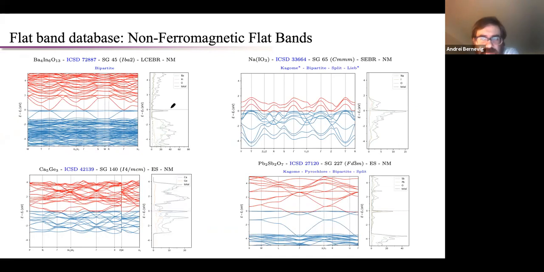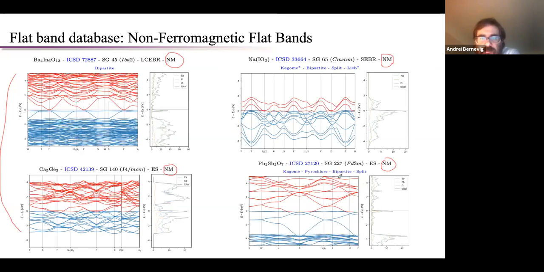Now the website contains thousands of them, because they're also the ones that are not the best. You're going to see in a lot of them some spaghetti of bands. The reason why I find these more interesting, and that might not be the case, is that they're tagged as non-magnetic. So Materials Project tags them as non-magnetic. Normally these are not known, even though they have flat bands at the Fermi level. For example, this one has it exactly at the Fermi level.